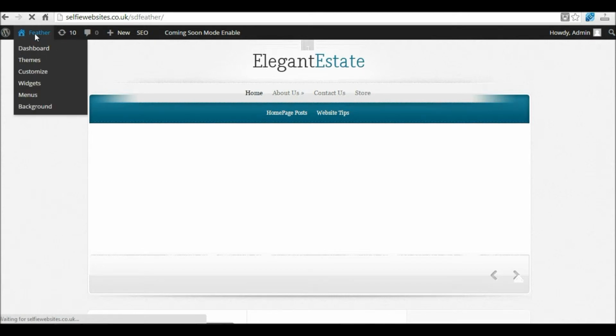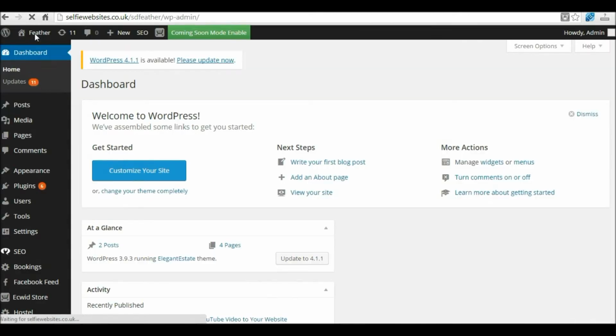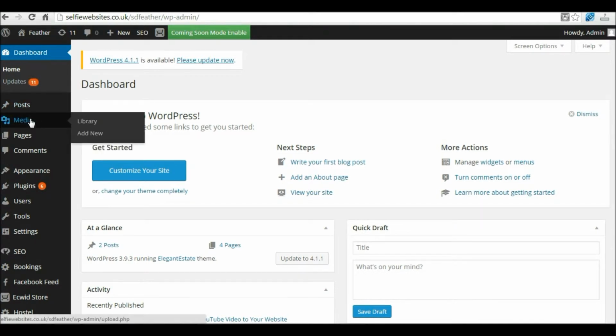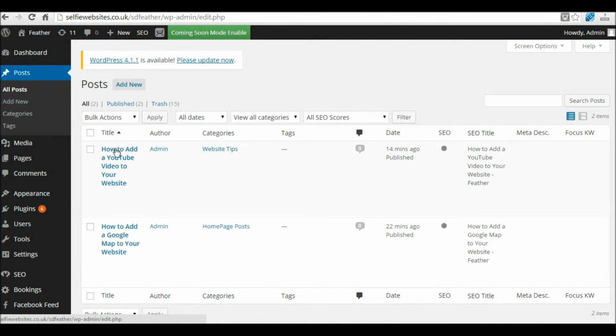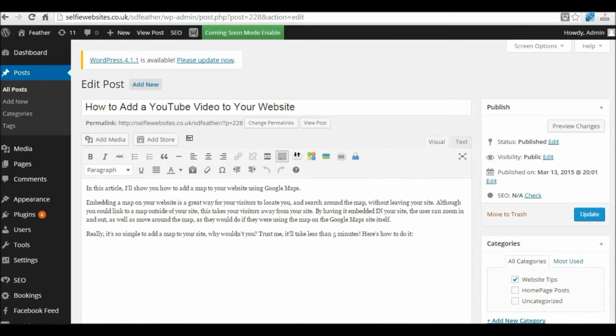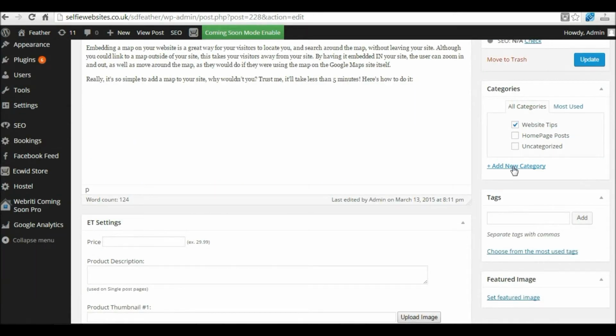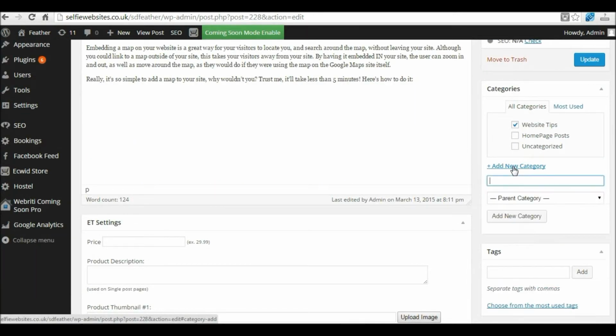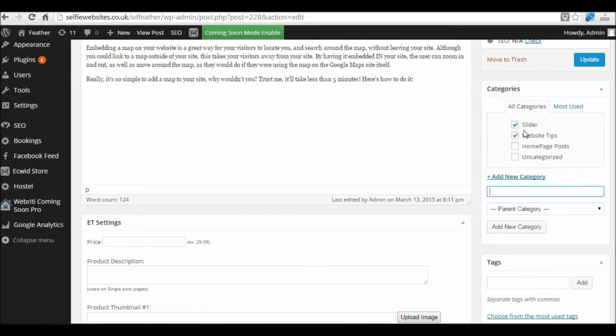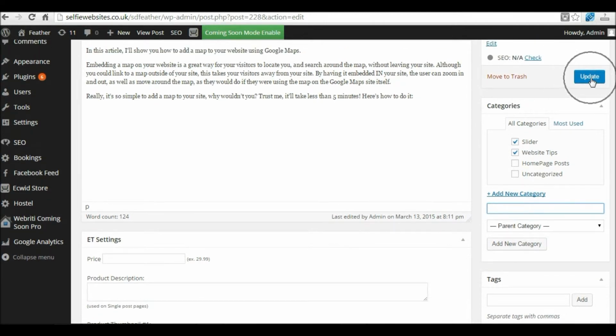So we're going to go in the back end again, and this time we're going to go back to posts, and I'm going to go in the editor post, and we're going to create a new category, and this time I'm going to create a category for slider. So let's add a new category, and let's call that slider. Let's click add new category, and that's added this post to that category. Now we're going to click update to update that,